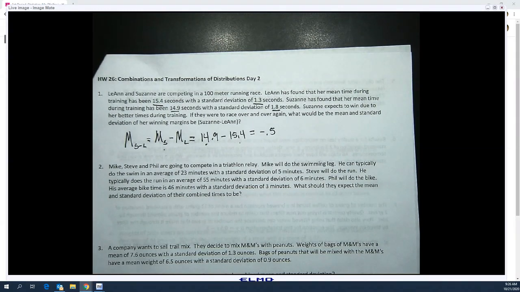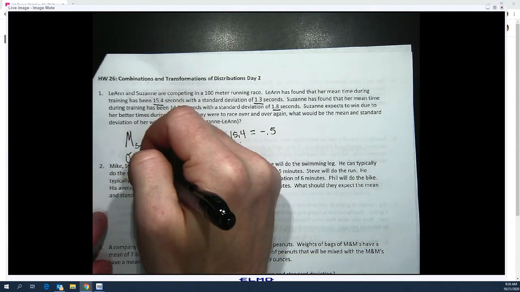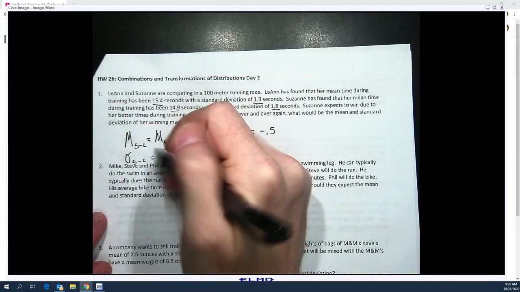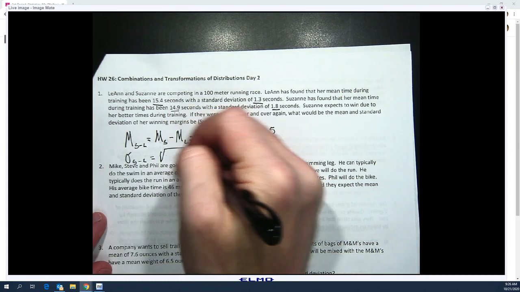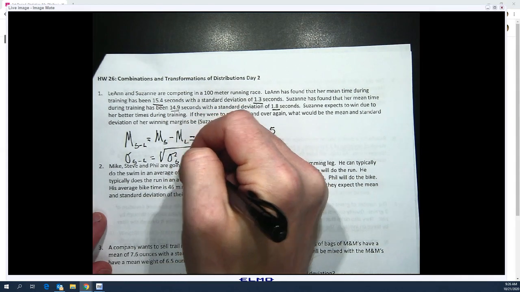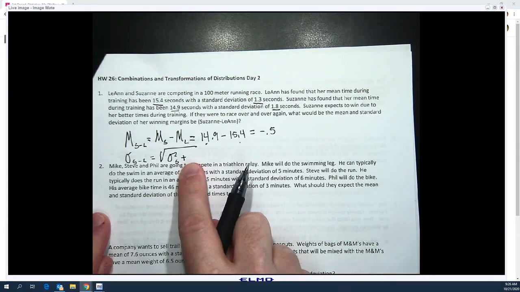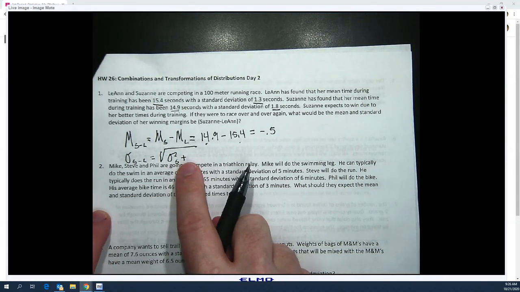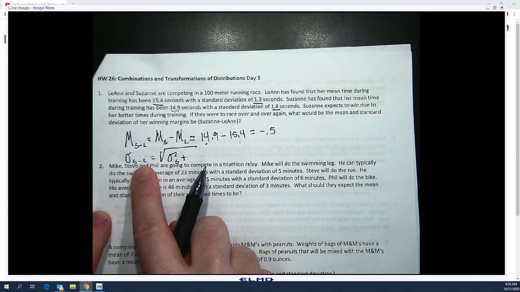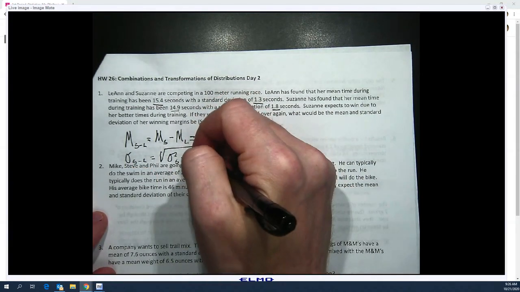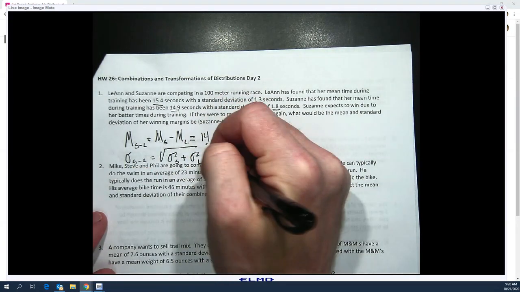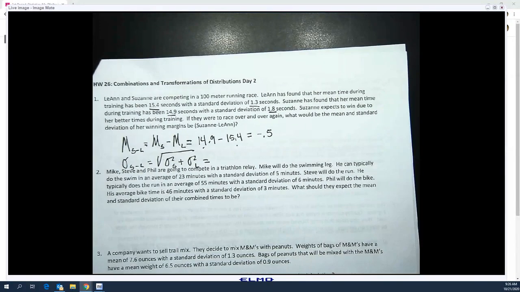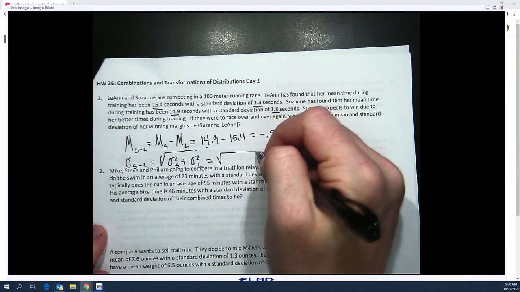And then we want to find the standard deviation. So S minus L, and that's going to be the square root of sigma S squared plus, always plus, sigma L squared. If I had to guess what you're going to mess up on a quiz tomorrow, you're going to forget that that's a plus sign even when you're subtracting here. Very repetitive, it's kind of the same stuff over and over again, but